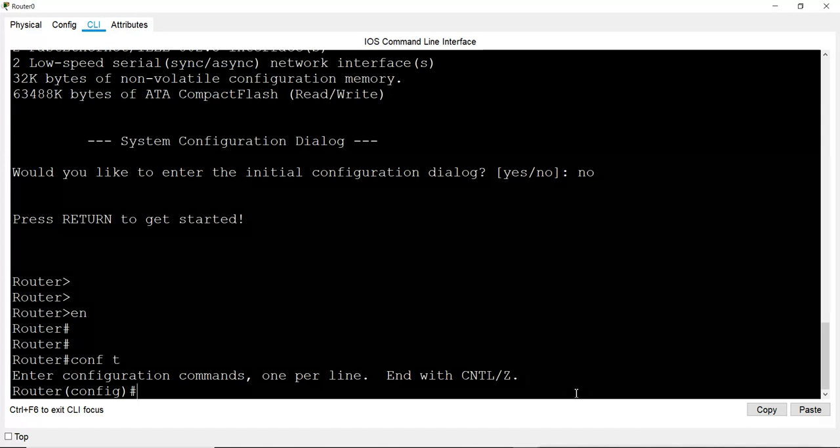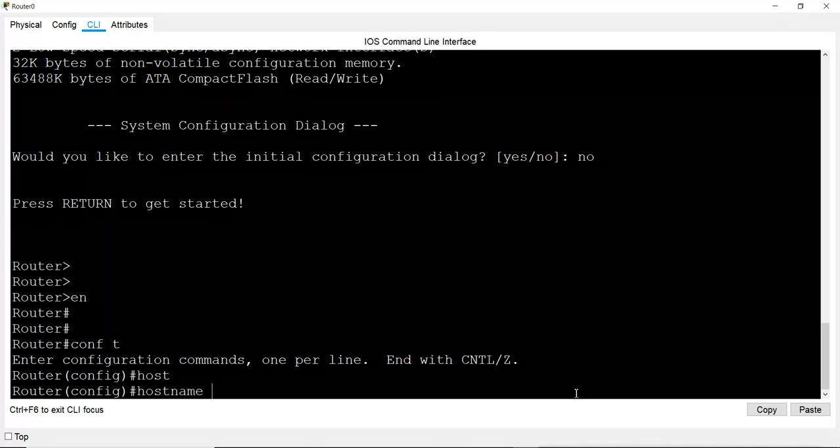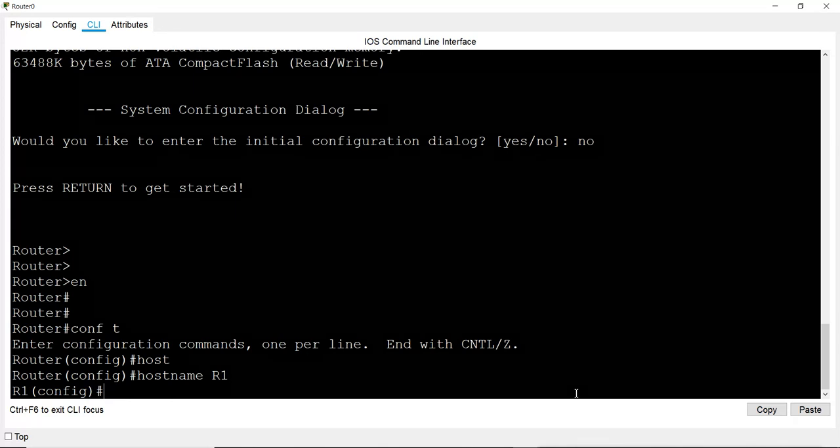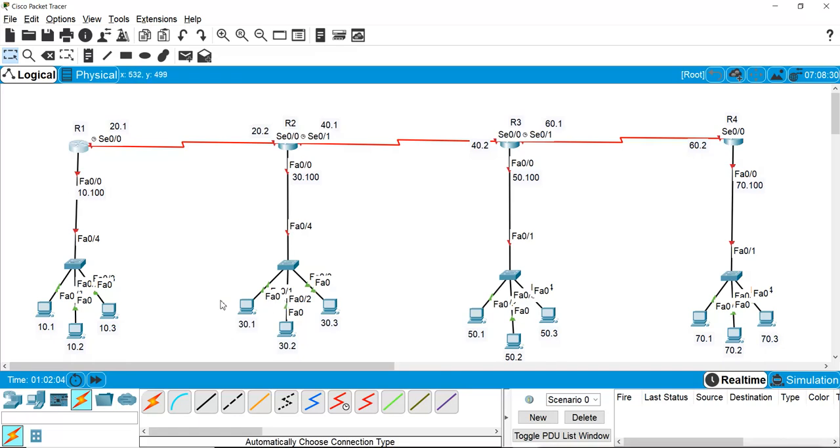Now first we configure the name for the router so that we can understand which router we are configuring. For that we use the hostname command, and I decided this is router 1. After configuring the name of the router, we will configure the interfaces. We have a fast Ethernet port and one serial port.